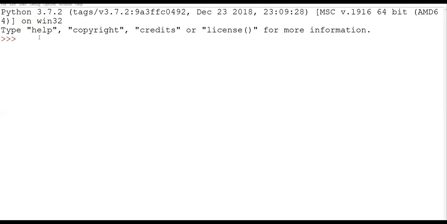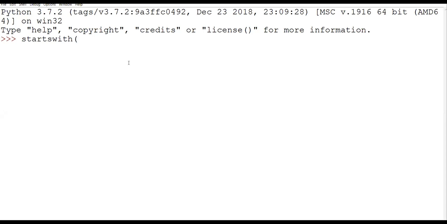We will continue with the remaining functions. The next function is startswith, and along with that we have endswith. Again, very common functions. startswith is going to check whether a string starts with a given substring or not, and similarly endswith checks the end string. So this is your first function, startswith.